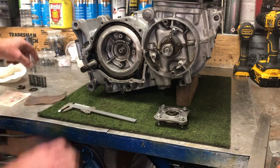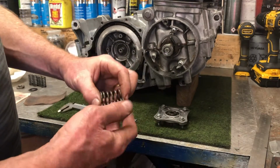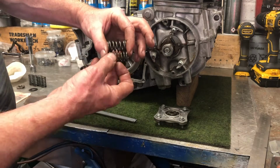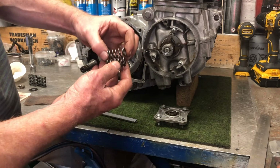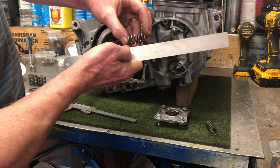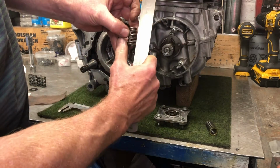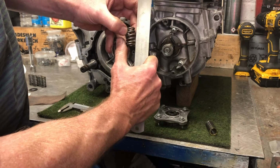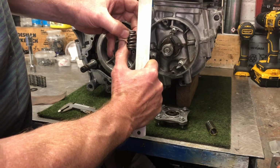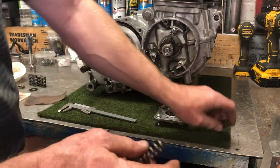People don't often check those, and they really should, because here's a spring that came out of another engine. I don't know if you can see that. The bottom one is what it should look like, and this is the one that actually came out. And you can see how bent it is. So that spring came out of a clutch, and clearly that's not one I'm going to stick back in a clutch at all, but you can see how much abuse these things take,